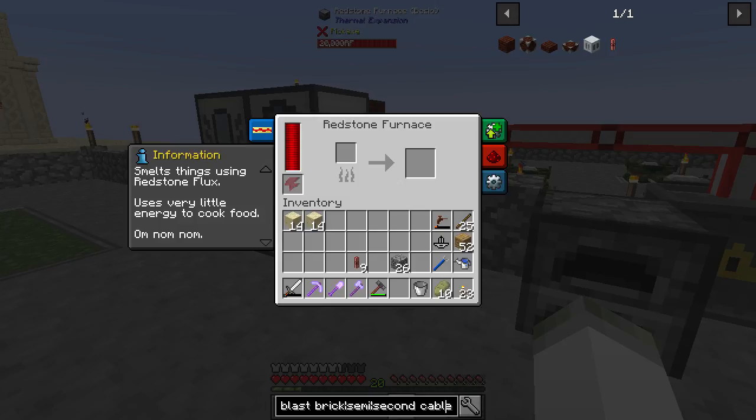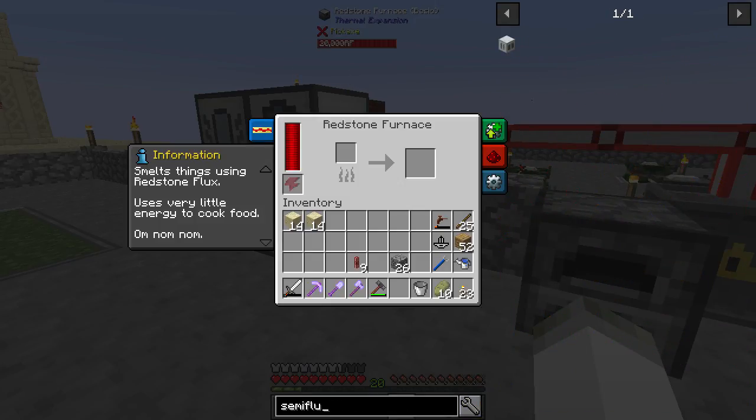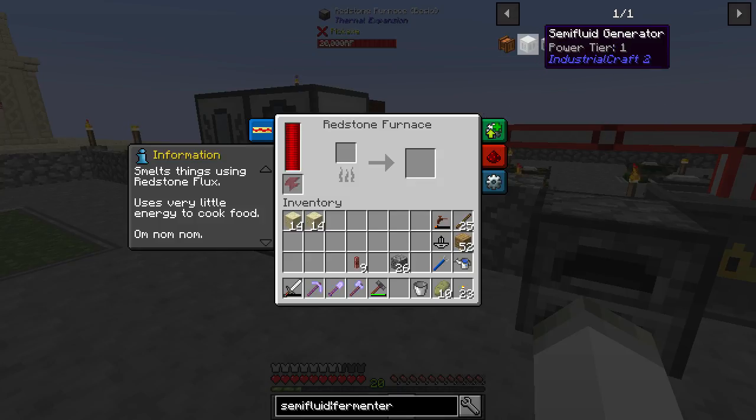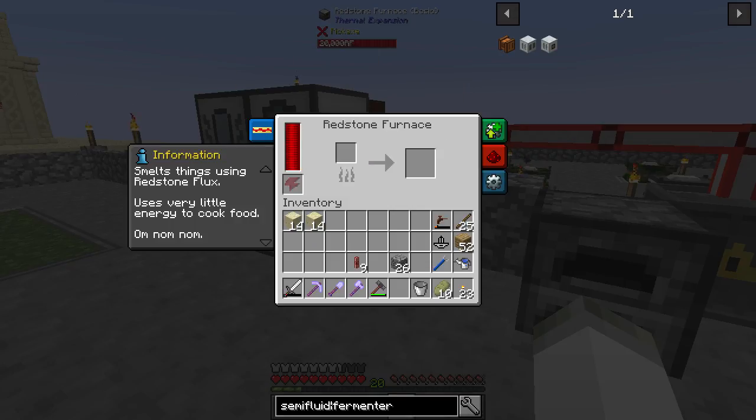All right, so we can get rid of the second cable, and we want to make the Semifluid Generator. We're also gonna want a fermenter. And something else that we're going to want here soon is some sort of auto farming. But for now, we're not going to worry about it. So we need a good bit of glass. Let's just get like...